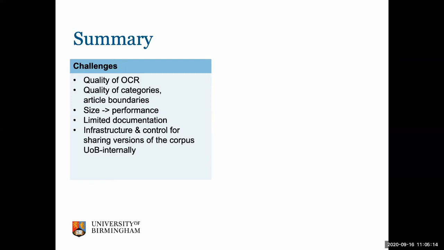Also, the recognition of the different categories, if something is an advert or a sports article or a recipe and whatever, or where boundaries are found between articles, is not 100% correct. So we have to work with that, because we can't just by hand recategorize everything. But we have to be aware that when we work with those automatic categories, there can be some problems with those. And due to the large size,